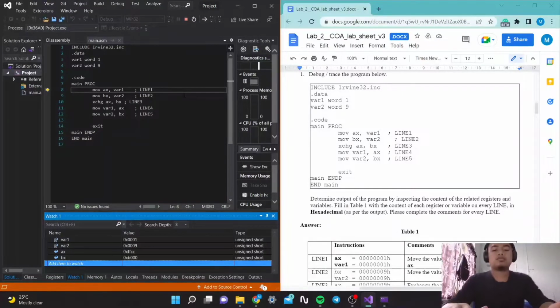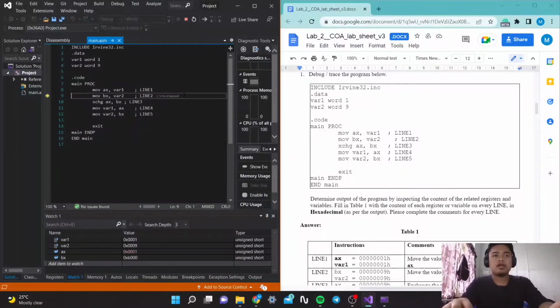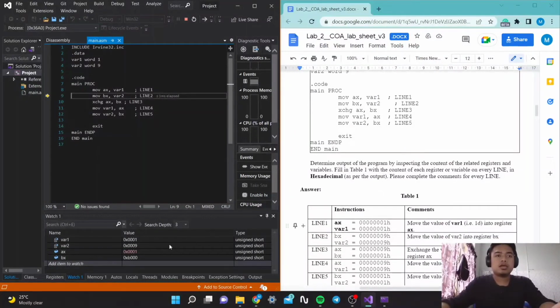Okay, so we will trace the source code. We debug with step over. We press F10, and then we will see the AX value is 0001, so we key in the value for variable 1. Then we are done with line 1. In this line 1, we move the value of variable 1 into